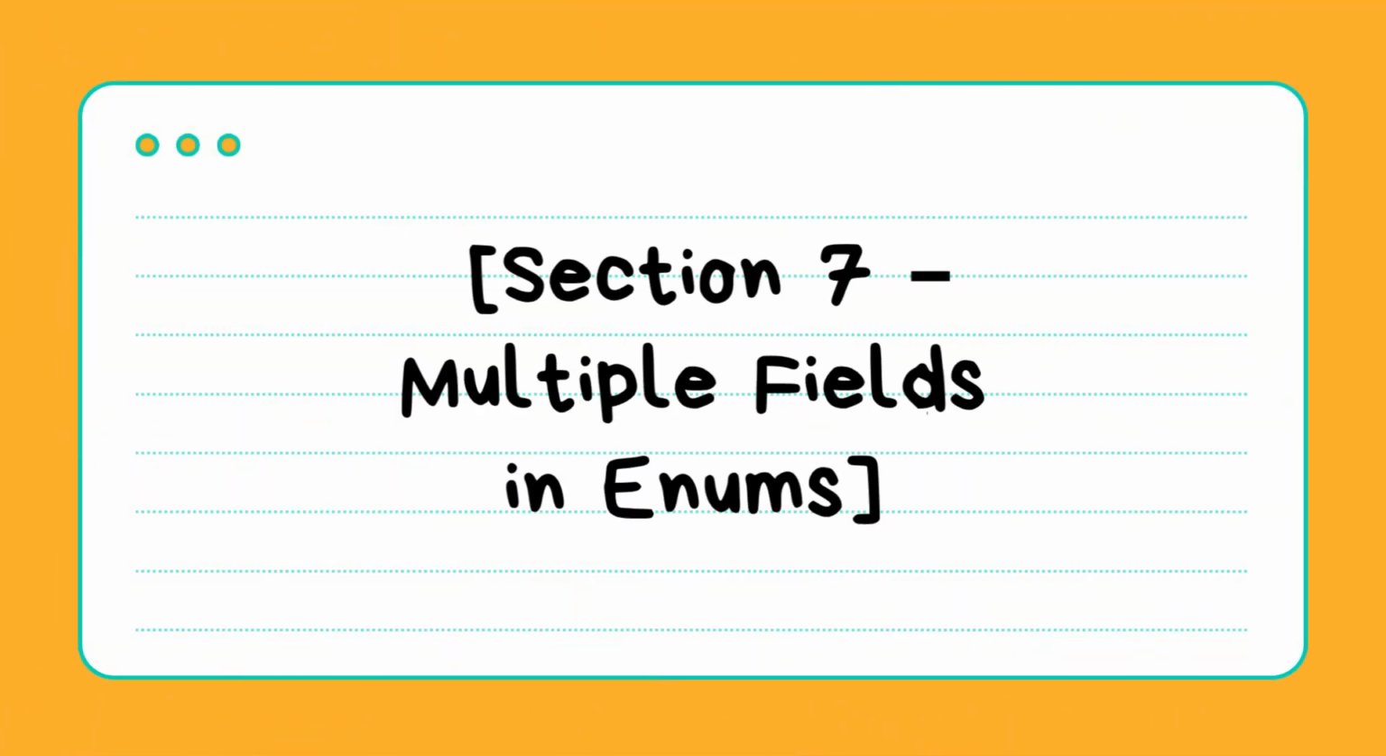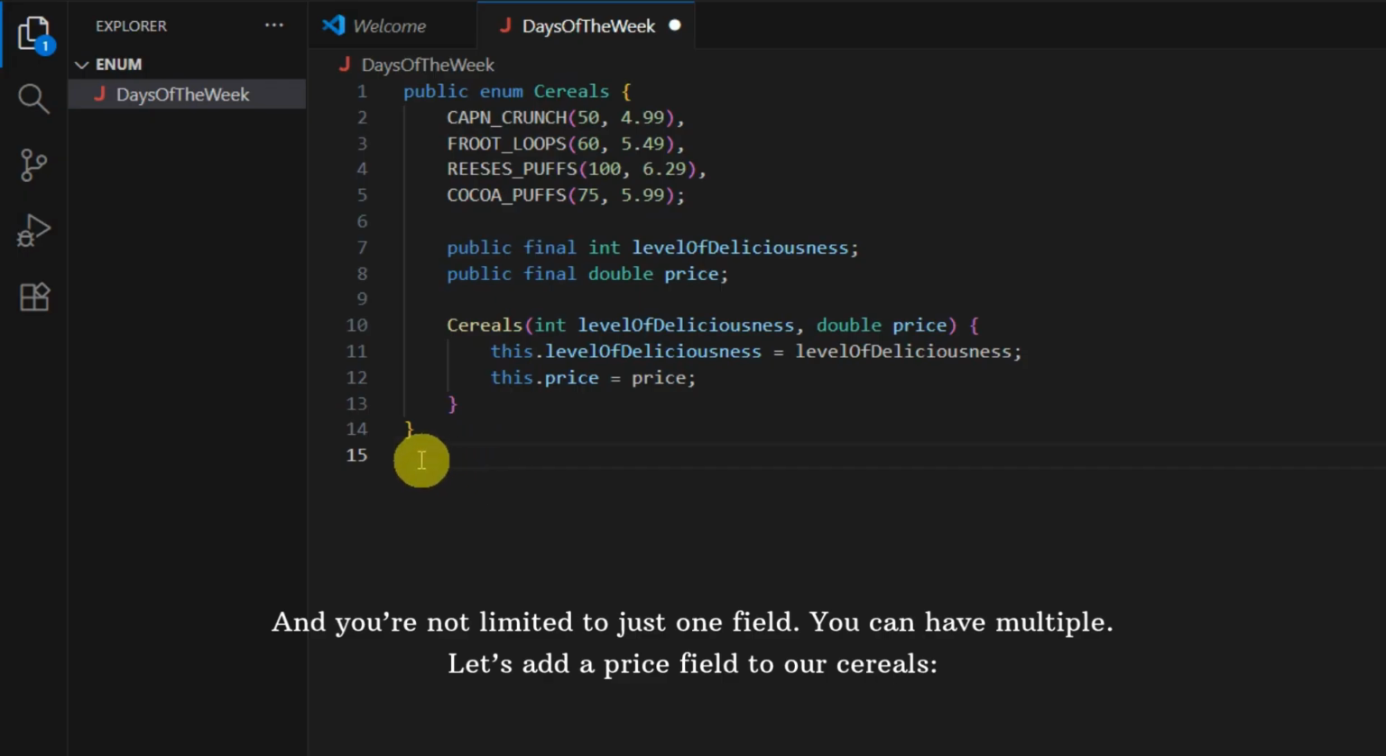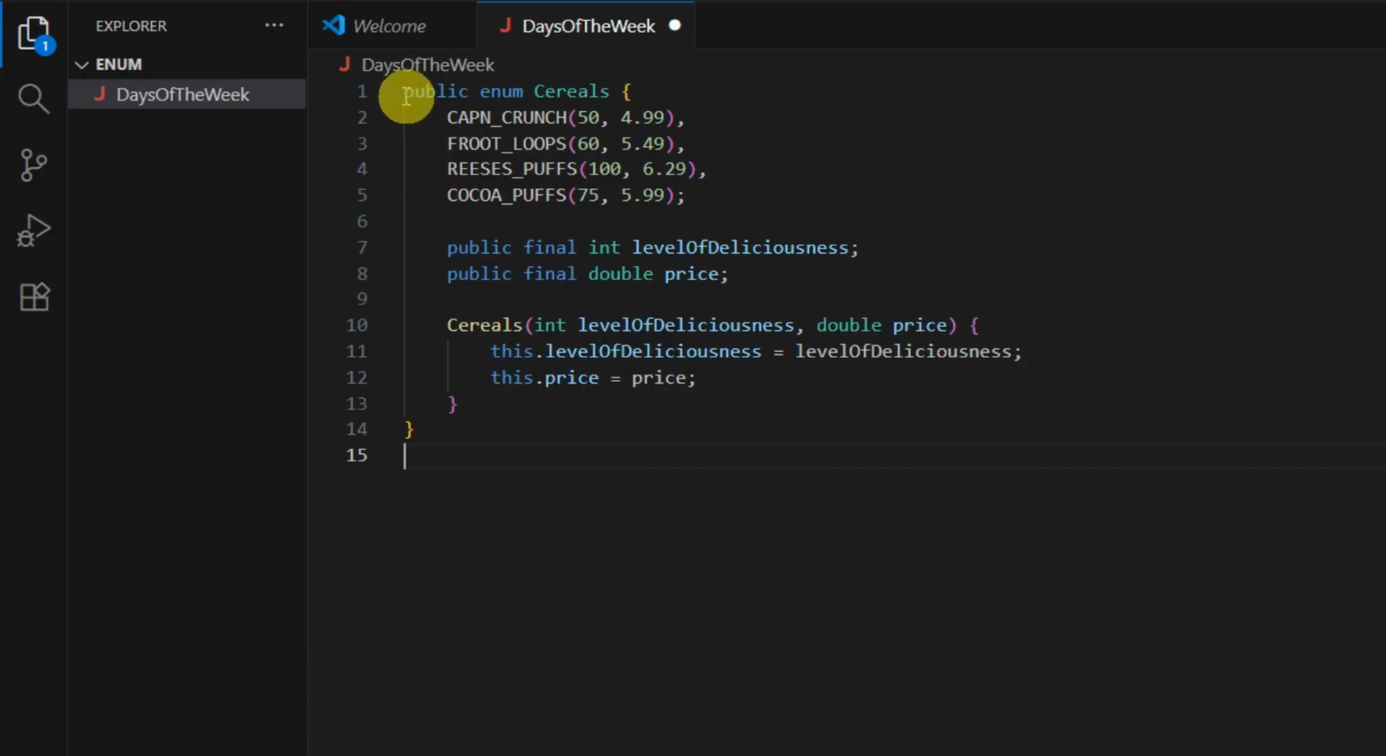Section 7. Multiple fields in enums. And you're not limited to just one field. You can have multiple. Let's add a price field to our cereals. Public enum Cereals: CAPN_CRUNCH(50, 4.99), FRUIT_LOOPS(60, 5.49), REESES_PUFFS(100, 6.29), COCOA_PUFFS(75, 5.99); public final int levelOfDeliciousness; public final double price; Cereals(int levelOfDeliciousness, double price) { this.levelOfDeliciousness = levelOfDeliciousness; this.price = price; }